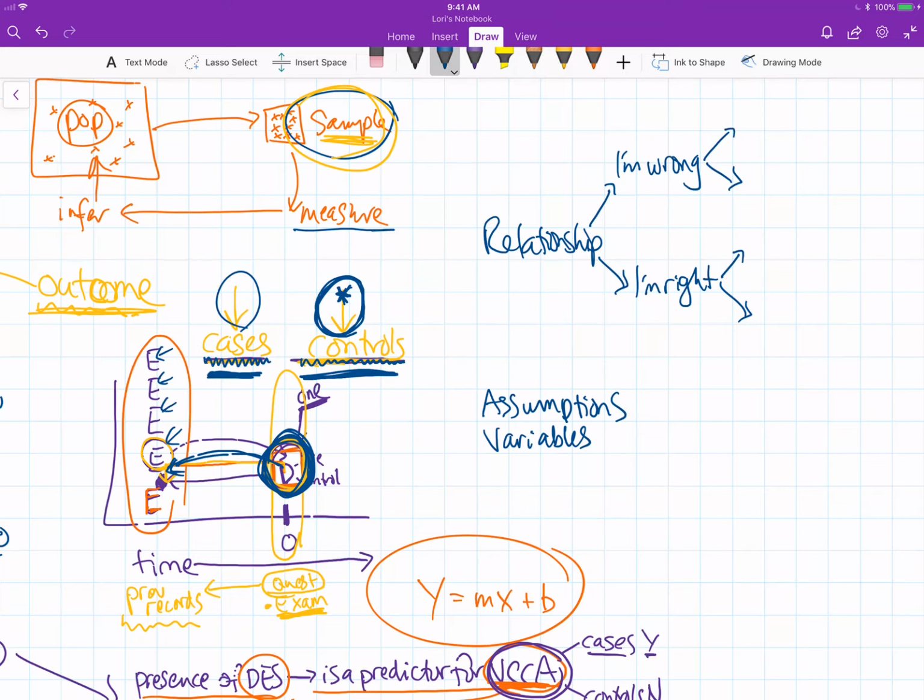One last little bit regarding case control studies. As a review, we looked at why we would want to do a case control study in the first place, because of rare diseases. And then we looked at some of the types of ways to collect data and analyze data and think about the relationships between things.